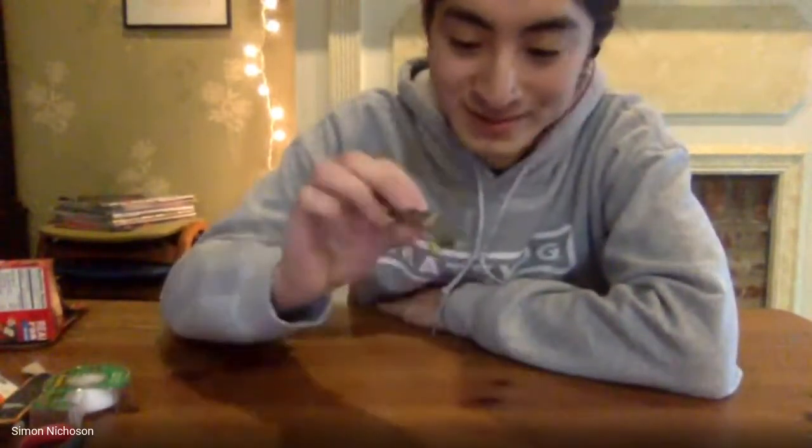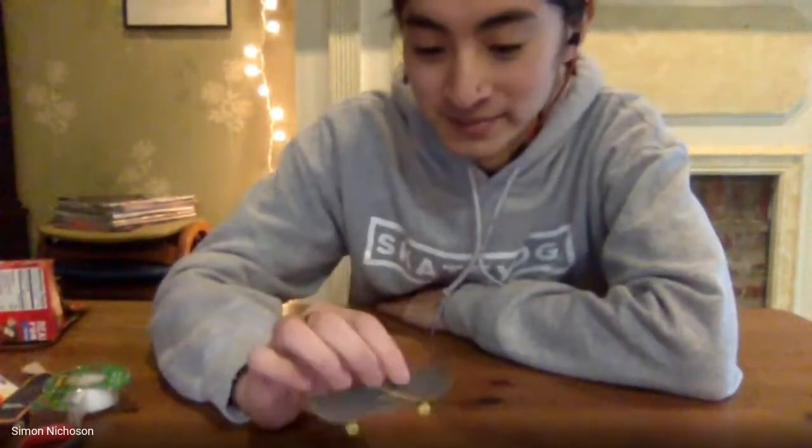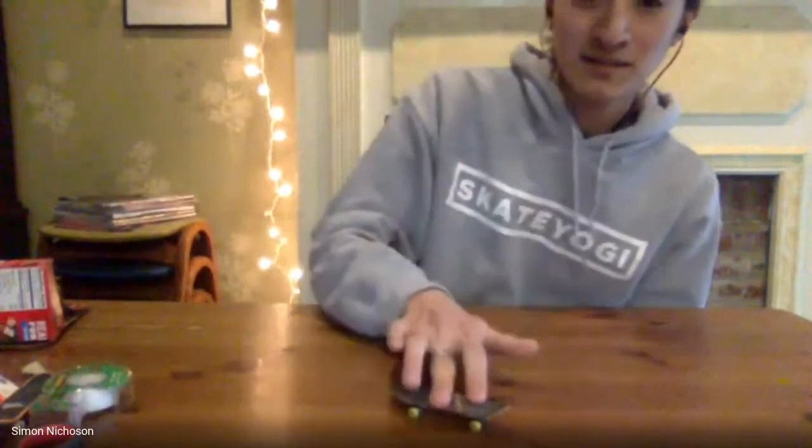Kickflips are easier. Honestly, that could be the case, I think everyone likes skating, fingerboarding can be different for everyone. Definitely the kickflips though, it's almost the same thing as skating, you flick off. So you kind of look like, you flick with your front finger and you'll get it to flip. Oh, that was a double flip. I don't know if you guys can even see that through the camera, but